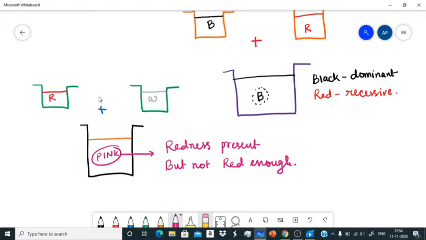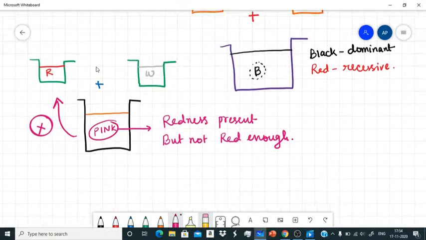But not red enough. So pink color is a variety. Both have distinctive impact over here, and due to that impact we have a color which has redness in it, but it's not red enough to match the original red pen. It's not matching, right? So what we can say over here, suppose if we draw a line, like in mathematics